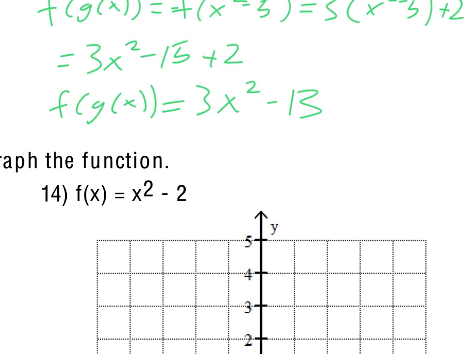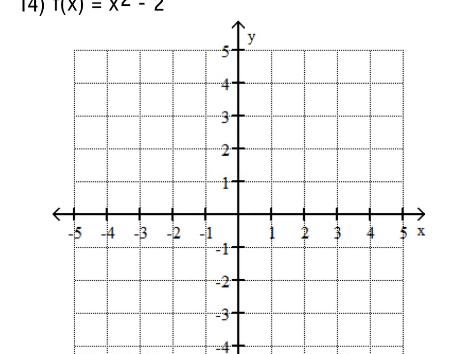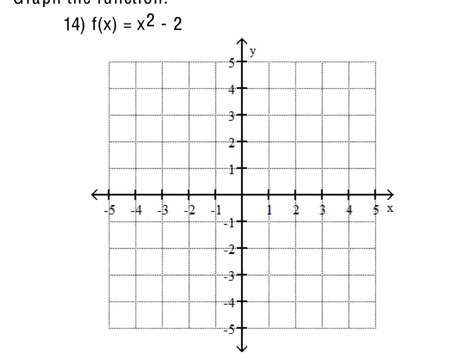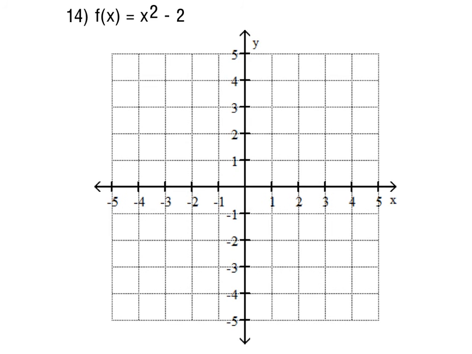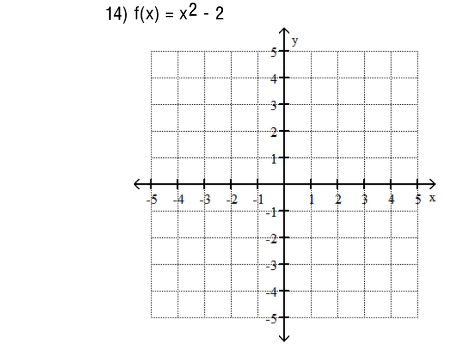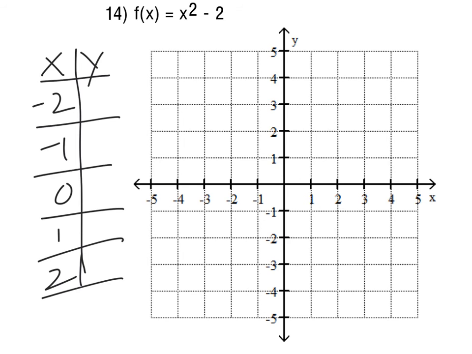After that, we get into our final two graphing questions. So for number 14, we're looking at f of x equals x squared minus 2. Really what we're looking for here is to plot enough points to get an idea of what the graph looks like for a second degree polynomial function, which we call quadratic. The shape of the graph will be a parabola. So if I make a table of values for that,